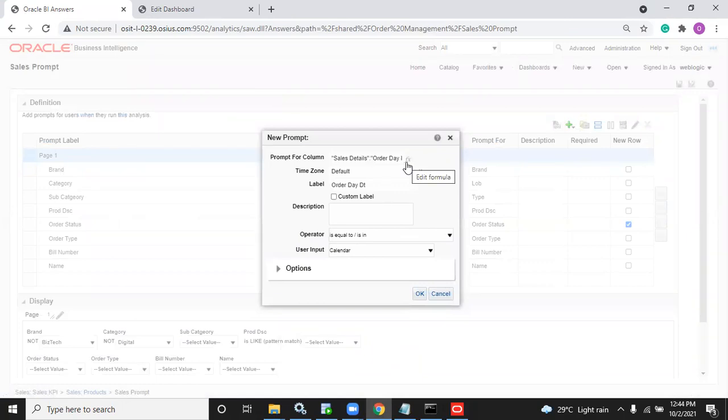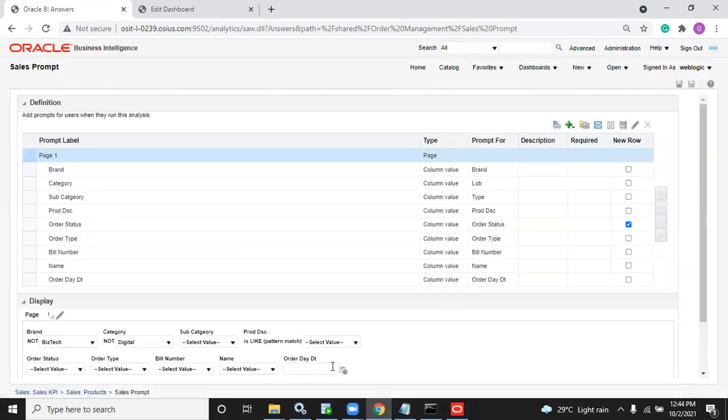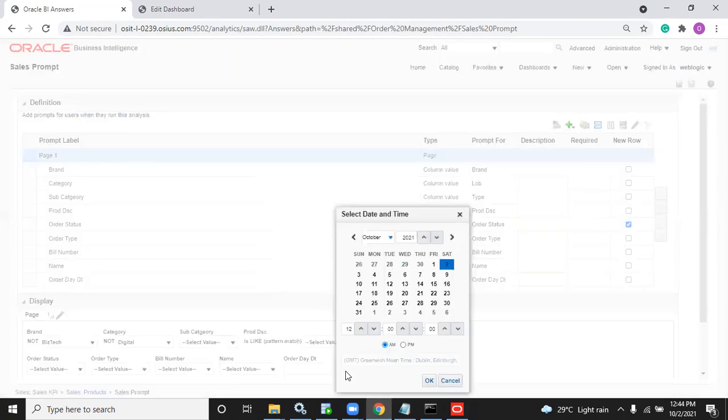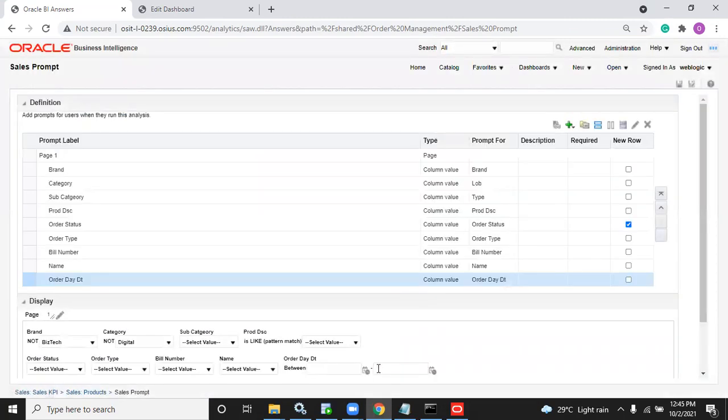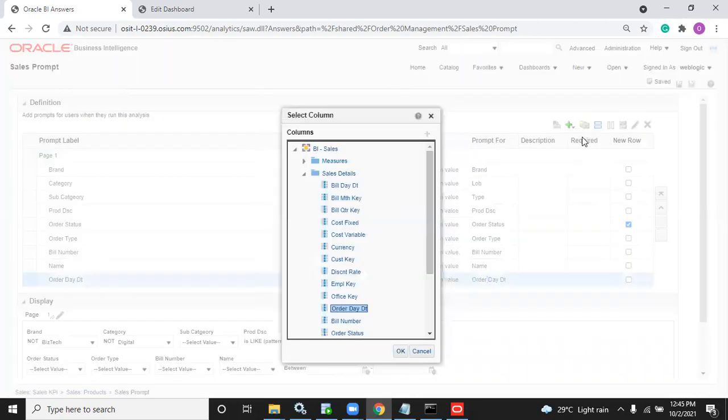Now how to extract year from this order date? This is the place where you can write the functions. Right now this is acting as a date. This is equal to, passing as equal to. For a date we never pass it as equal to, we pass it as between. The operator is between. From date and to date we select basically. This is date. The same way you wanted year also. Then double click this date.